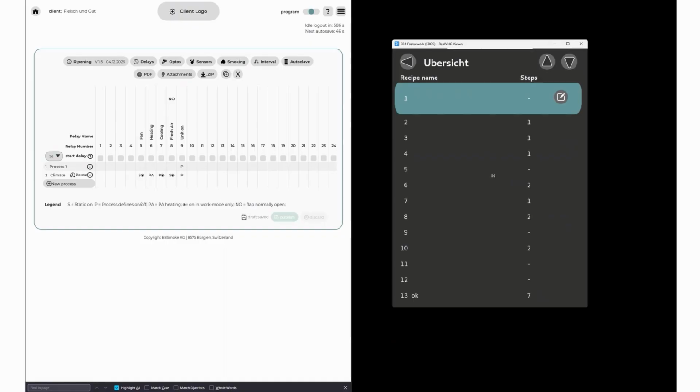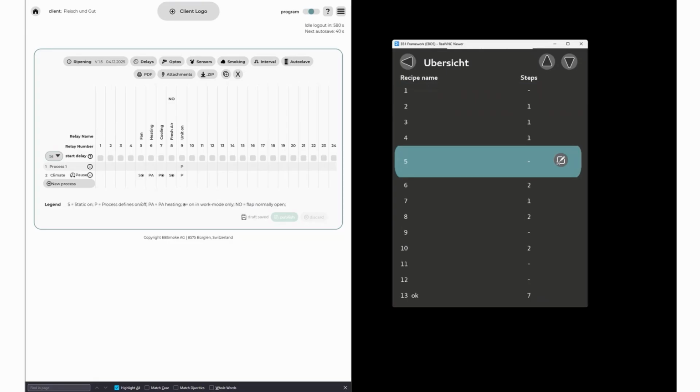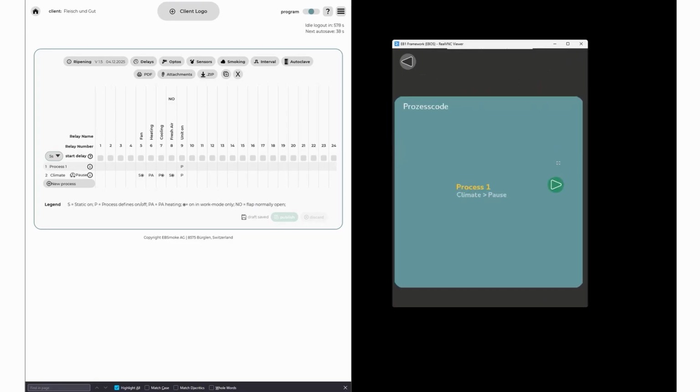Once we go into the programming, when we update it to the new version, we can find an empty spot. I'll take number 5. And we can see that we have a new process to choose from called climate pause. We open it up, and then we can see we have a total time, which I will put to 5 hours, a working time, which I put to 1 hour, and a pause time, which I will put to 6